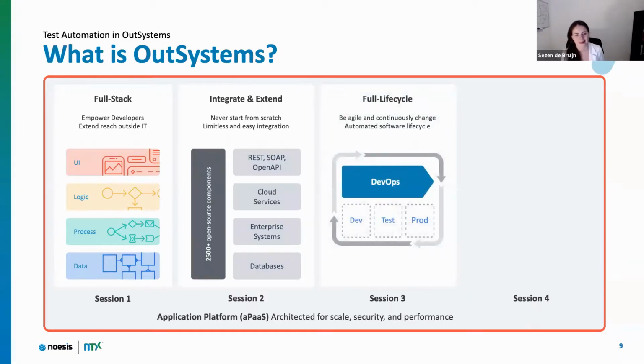When you have built an application and integrated it within your landscape, of course, the next thing you need to do is to bring it to production. Preferably you would do that in a contained and governed way so that you know for sure that things are going to go well. So OutSystems has a lot of lifecycle capabilities also within the platform, things like a DevOps deployment capability and monitoring.